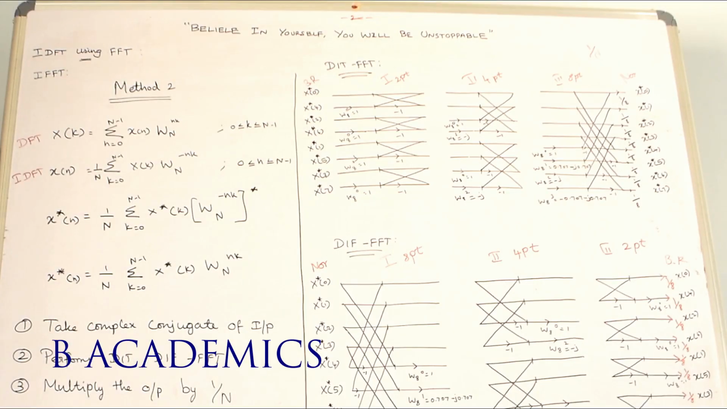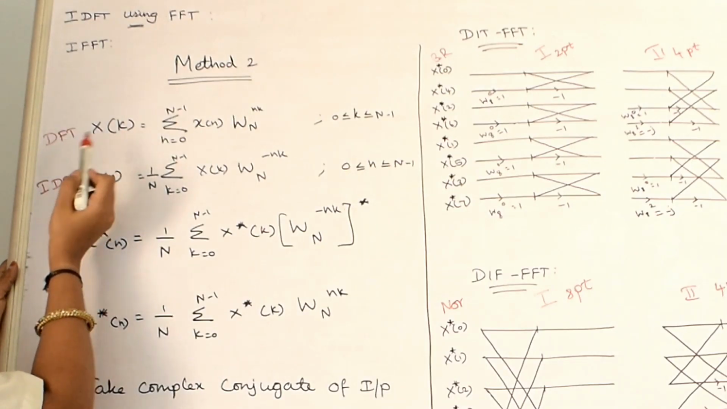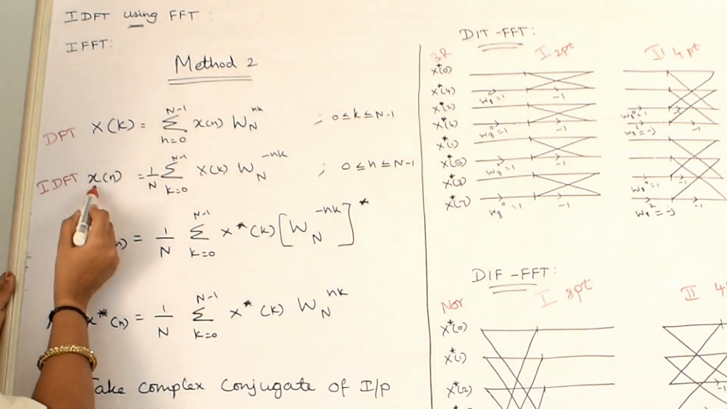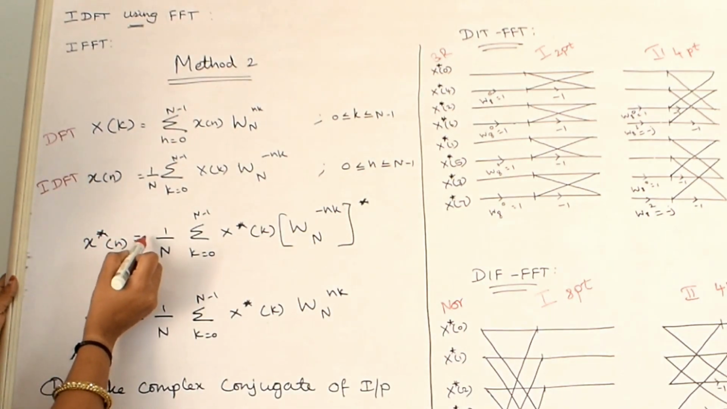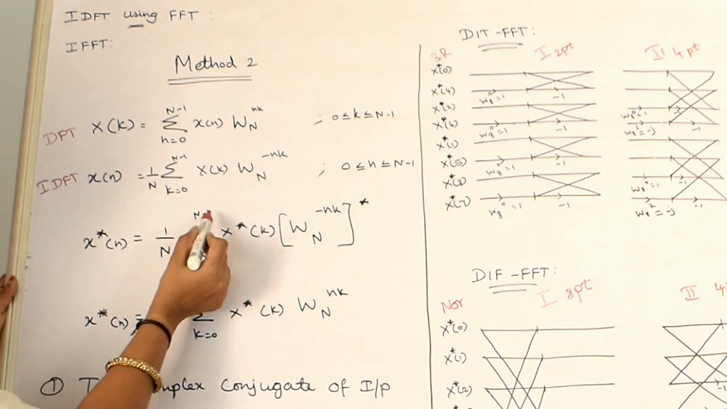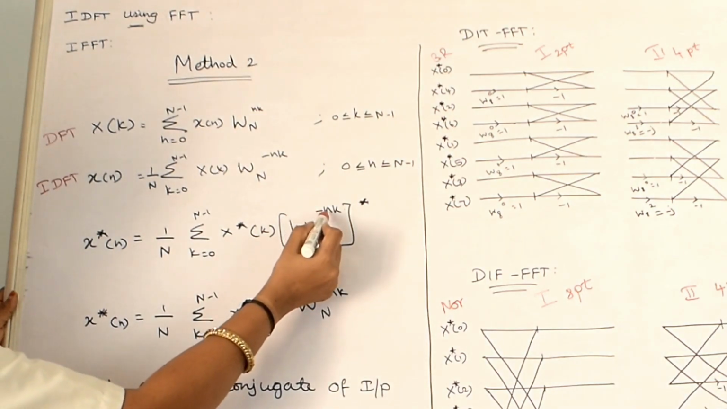In this video we are going to discuss how to solve the IDFT problem using FFT method in complex conjugate method. Here I have written the DFT formula X of k and IDFT formula x of n. This IDFT formula x of n can be written as x star of n, which is equal to 1 by N summation k equal to 0 to N minus 1 X star of k W_N power minus nk